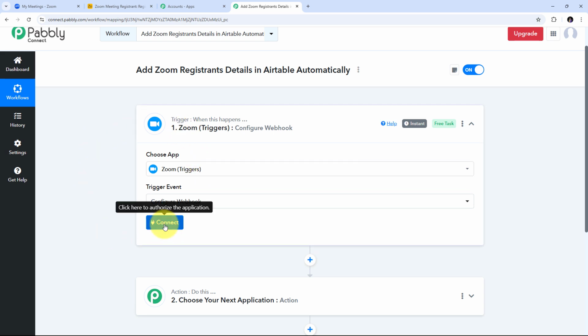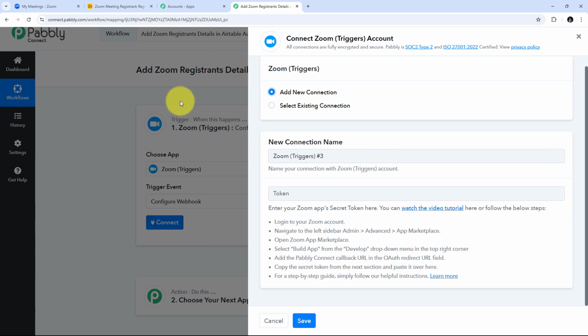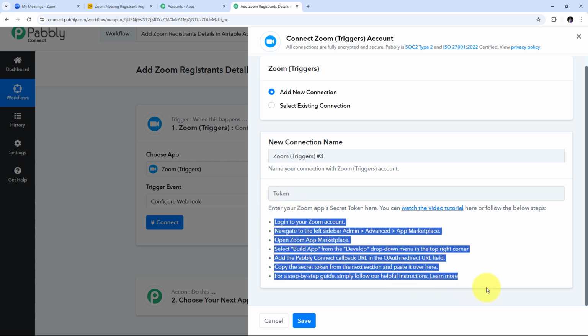So I'm going to click on connect. I will click on add new connection. And for connecting Zoom with Pabbly Connect, I need to first give a token. So for getting this token, I need to follow all these instructions, and